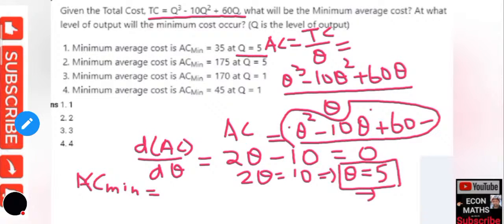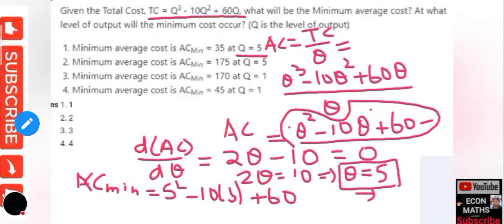So q square is 5 square, minus 10 into 5,